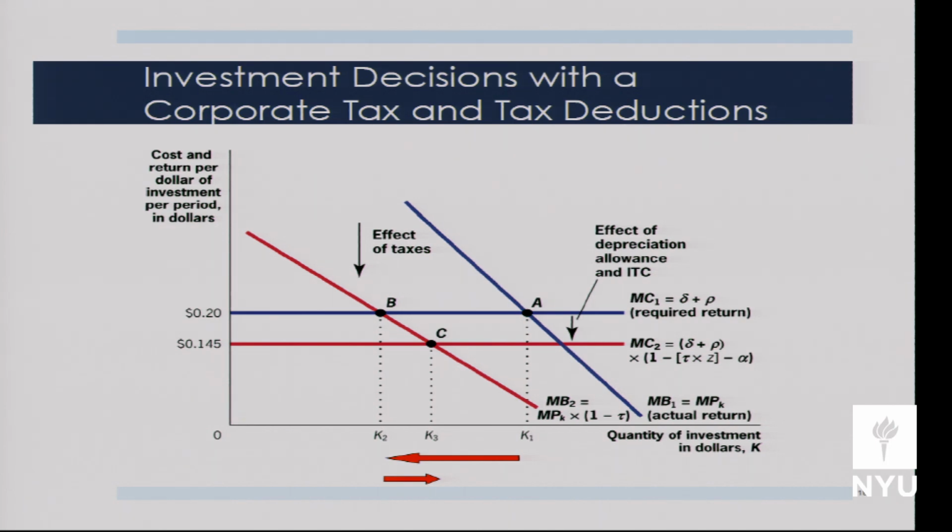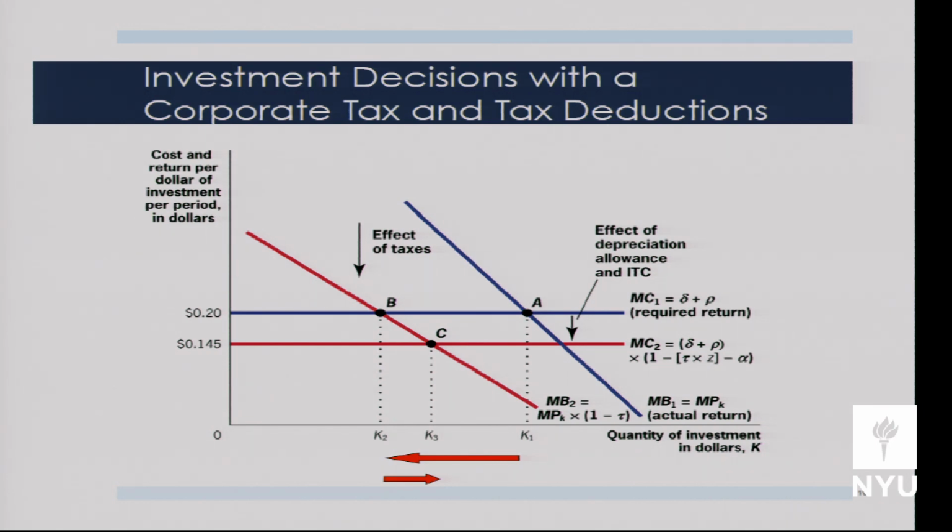This means that the tax advantages of investment, the depreciation allowances combined with the ITC, partially offset the corporate income tax, but don't fully offset it. How do we know that it doesn't fully offset the corporate income tax? Because we're at a K3 lower than K1, right? We've still reduced investment. And that's what tells us there's a net tax